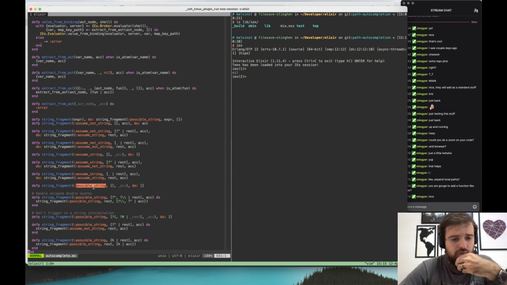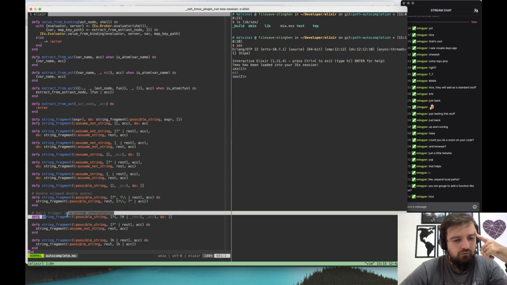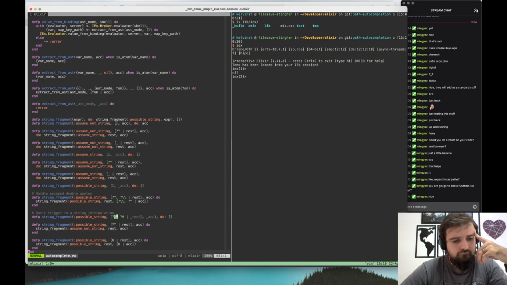But if it's possible string and it starts with the quote and a slash, then it returns a quote and slash. If it starts with the open, don't trigger in a string interpolation. All right, if it starts with that, like actually with these two,